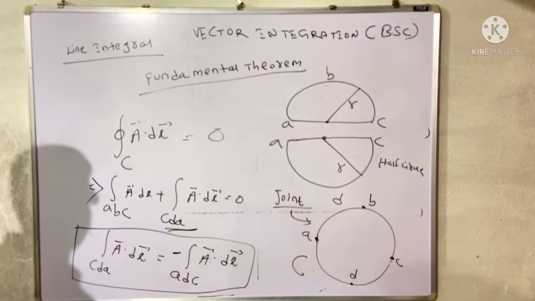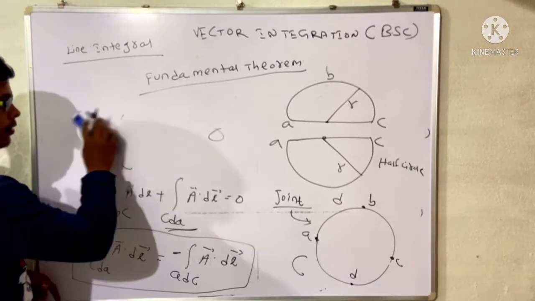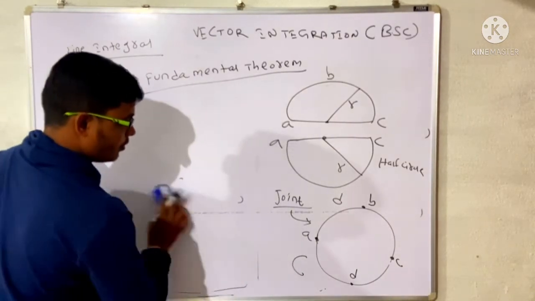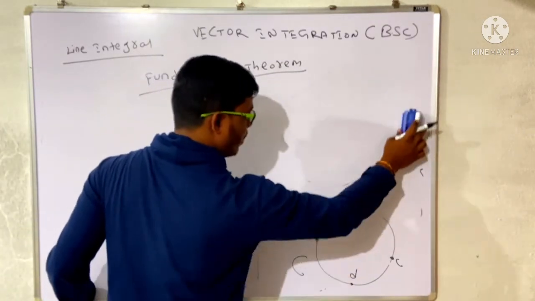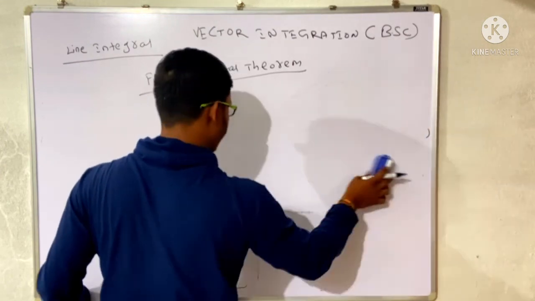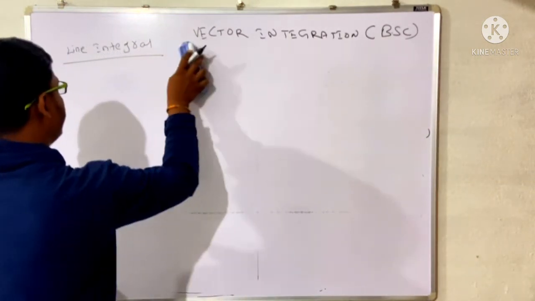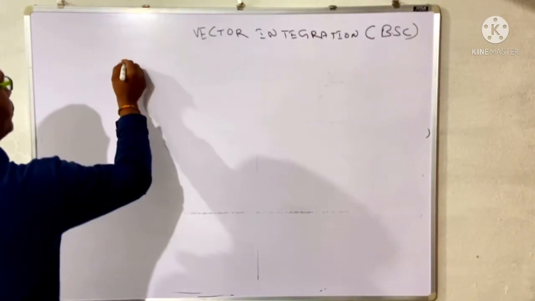So remember, these are the applications of the closed path in the line integral. Using the line integral you have to remember that the line integral in a closed path is 0. The line integral in a closed path is 0. So these are all about the line integral. Then we will go to the surface